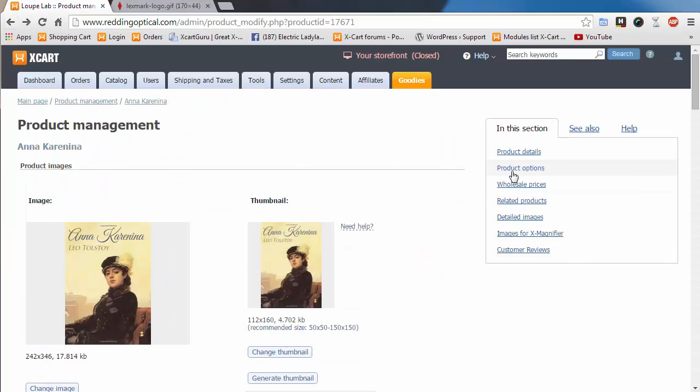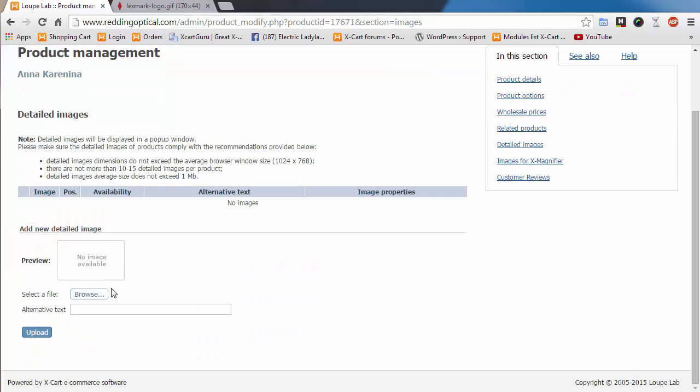So I don't know how much options and variants I'm going to cover in this, but I just want to point out to you there's also in this section all the way down here we can define wholesale prices, product options, related products. We have the detailed images. That's something that a lot of people are going to probably want to do. Here's where we can browse and add detailed images, so larger pictures, and these stack up underneath the main image on the product page. So you can add as many detailed images as you want,